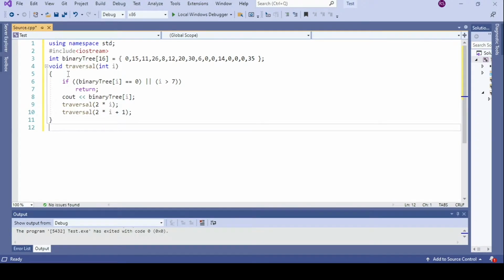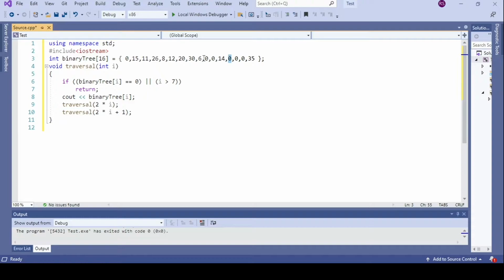What you see here is a traversal function which is going to be doing the traversal. The first condition: ignore the 0th node. There are nodes which don't have either a left child or a right child, and in that case I have filled them with zeros. So I should not do the traversal of those nodes.